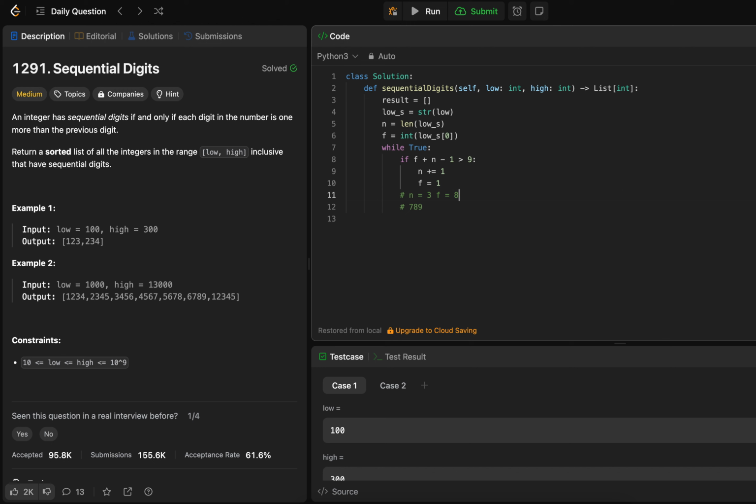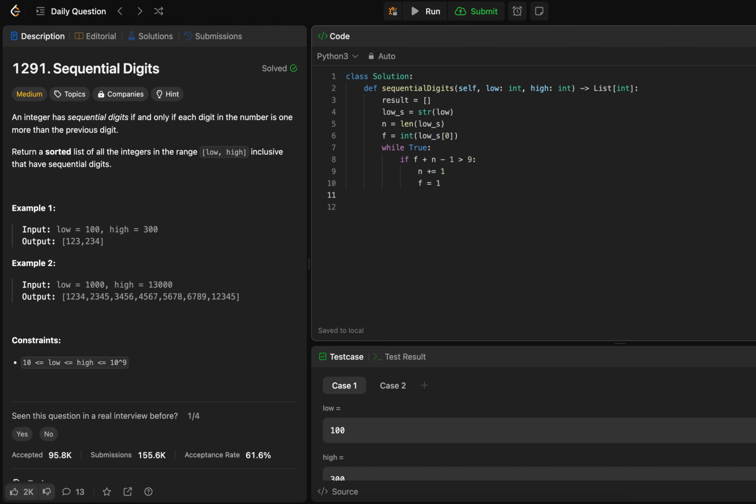Using f equals 8, we cannot build a number starting from 8. 8, 9, 10 is an invalid number. So in this case, f equals 8 plus n equals 3 is 11, minus 1, it's 10. 10 is greater than 9. So we need to increment n and